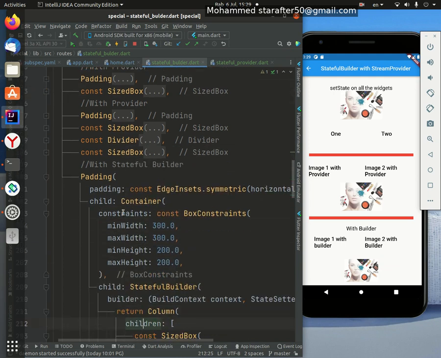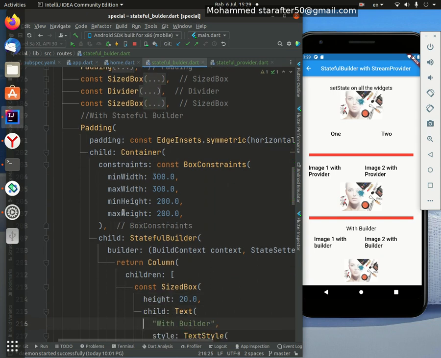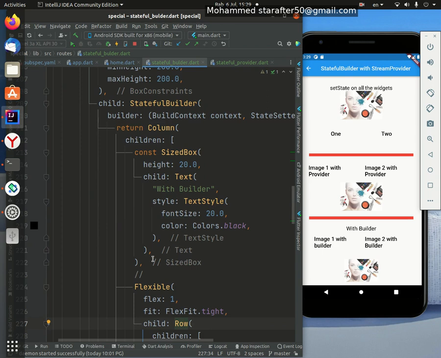Now the third way is using a stateful builder widget. This is a container which also contains the same thing, 2 buttons and a place for an image with a default image. So what I'm going to do